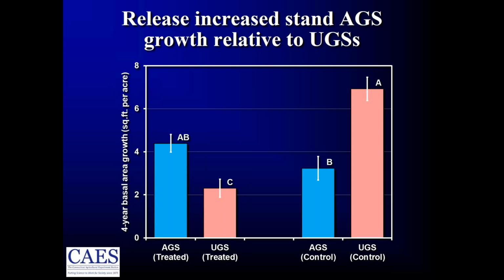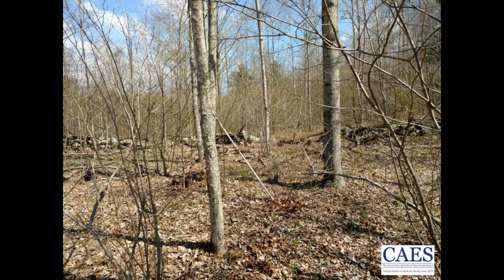the left, it says treated, acceptable growing stock now is actually increasing more, or is growing faster than the unacceptable growing stock. We've really flipped it. Now these stands, the majority of what they're growing is acceptable growing stock, which I think is great news. And if we look at how the saplings did, remember I said,